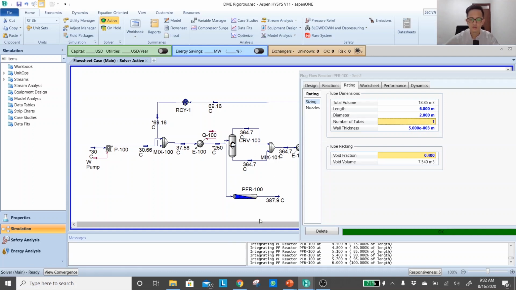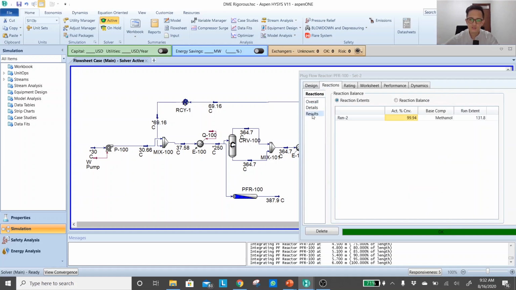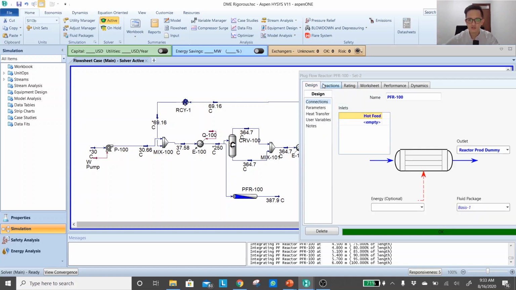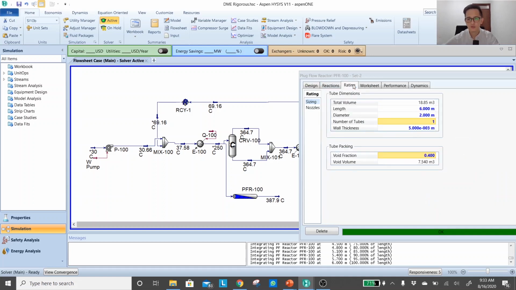Okay, now the temperature already becomes too hot. That means our guess is already higher than the actual conversion. It's already close to 100%. This tells you that the dimension of the reactor is too big. So using those exercises, now we can finalize the actual dimension of the reactor. So let's say 4.8.